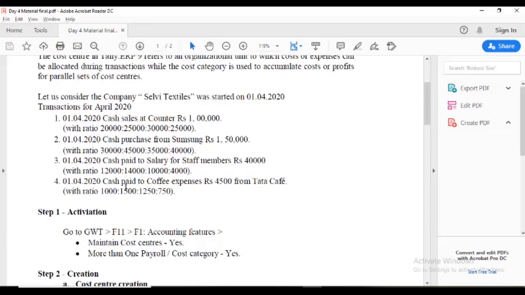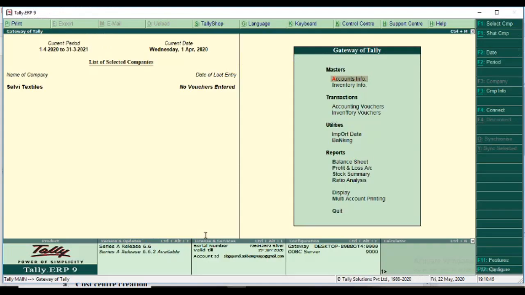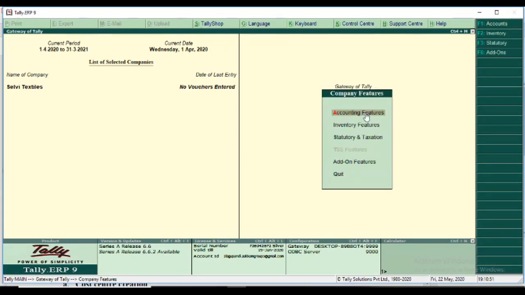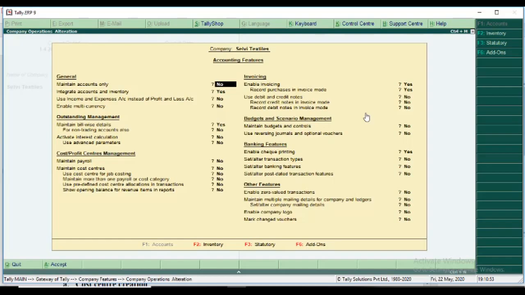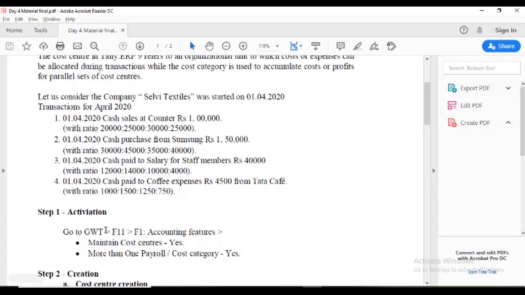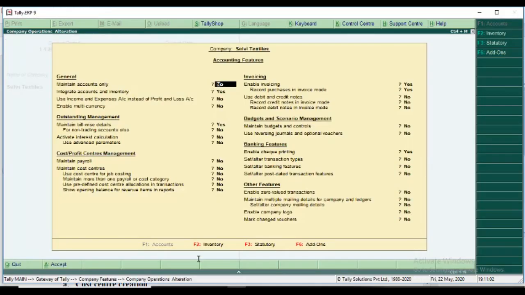Activation steps. Step 1 activation, go to Gateway of Tally, F11 features, accounting features. Then I enable the maintain cost center option and the more than one payroll or cost category option.